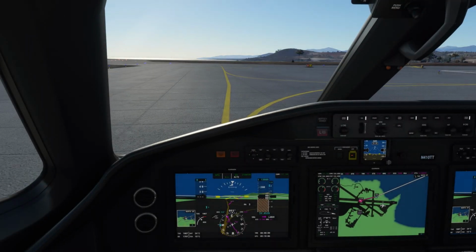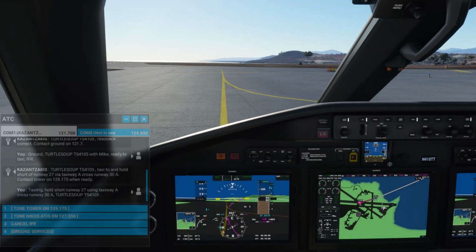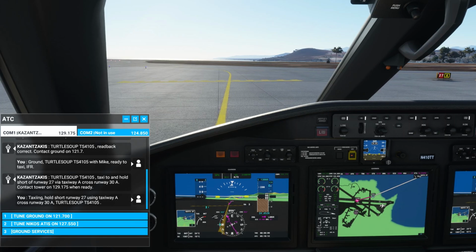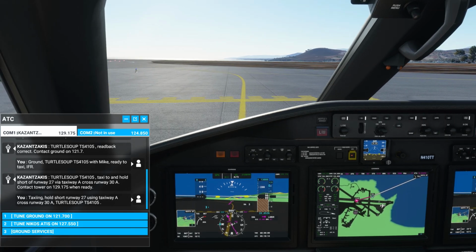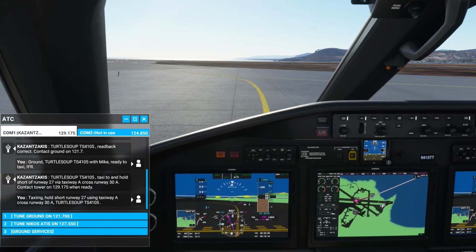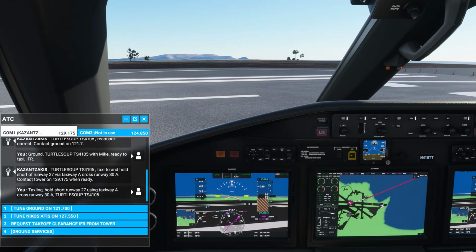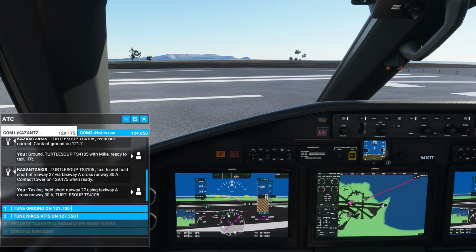Alright, let's hop inside and let's get ready to rumble here. Let's tune in tower, and then as soon as we get our option, which should be right here because here's a stop sign, but where's it going to give it? See, we have to get closer. There we go. As soon as we hit the runway and stopped, we got it. Alright, so request clearance. Tower